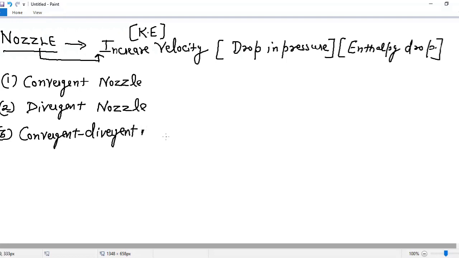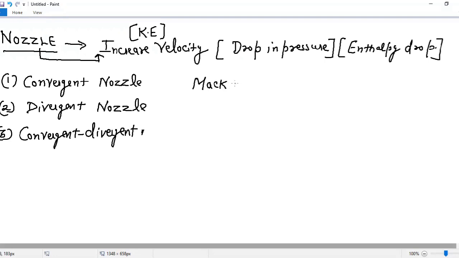So there are different types of it, and the convergent divergent nozzle, the third one, is the most widely used nozzle in all the industries that we have. So we're going to start with it. Before that, we can have different kinds of motion in the different types of nozzle. Clear? So before that you must understand what a Mach number is.